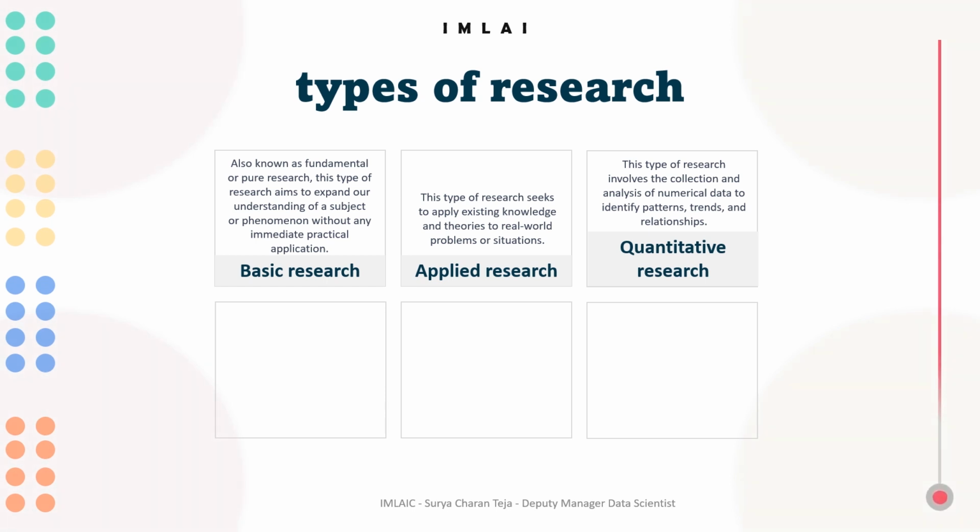This is where we fall in. That's the reason I want to use this and explain this. Of course, there is some amount of applied research in that also. It's not that data scientists and artificial intelligence engineers are not used in applied research or basic research. They will be used there also, but mostly 90% of data scientists will fall into the category of quantitative research, and there they will be working on quantitative or qualitative research. Mainly they will be working there.